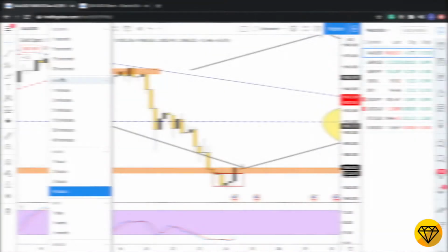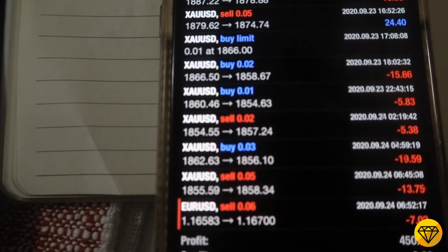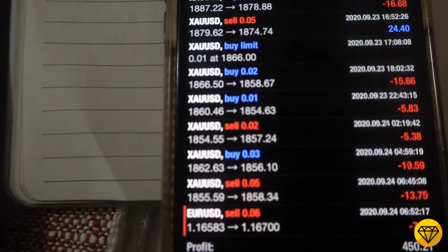So as you can see on your screen right now, price came down to the 1864 level that it reached before that last wick on the left. And I was trying to pinpoint the rejection and reversal so it can come back up, retest the bottom of the descending triangle formation, and continue on with the momentum. But I ended up convincing myself that it was going to turn around at around 1860, which it did. That did happen. You know what I'm saying? You can see how I got in, 1860, 1866 for a buy,